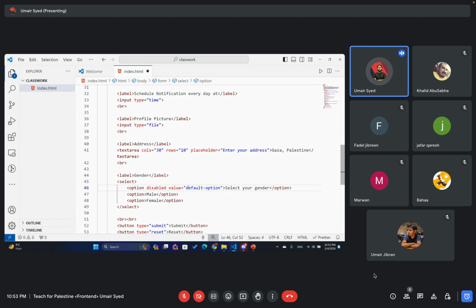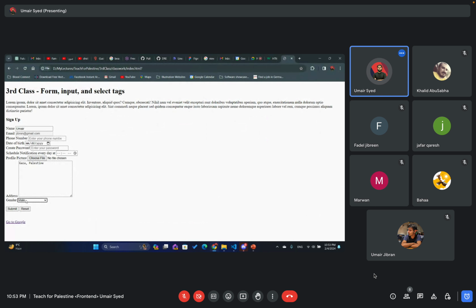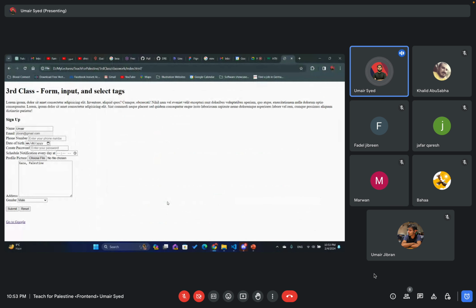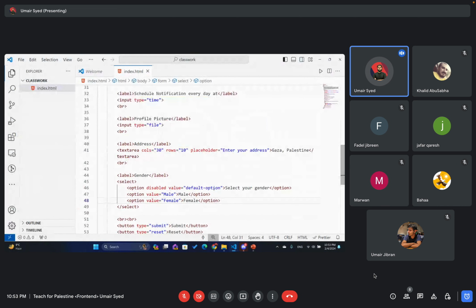When you submit a form, let's say I have selected male and I submit the form, the website does not send this text to the backend. Instead, it sends the text in the value attribute. So I have to define the value attribute with every option. So let's say I want to send this value to the backend as well. So I have to set it to male and also female. So nothing on the front end changes,